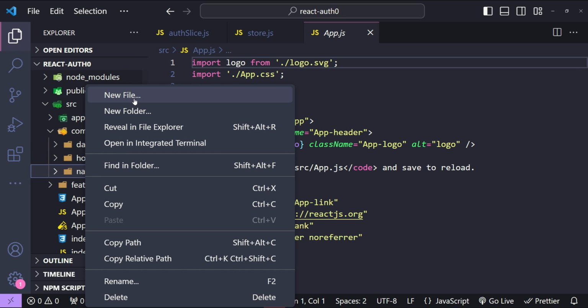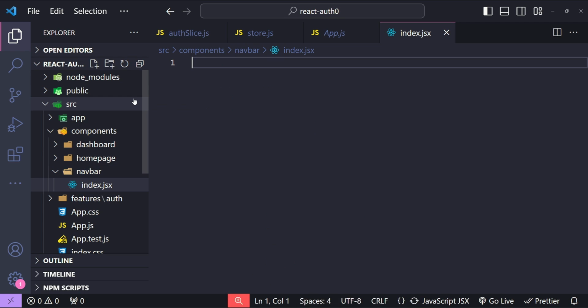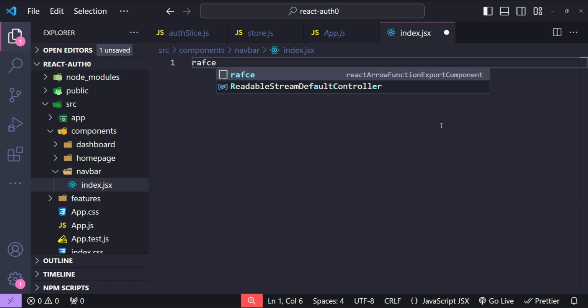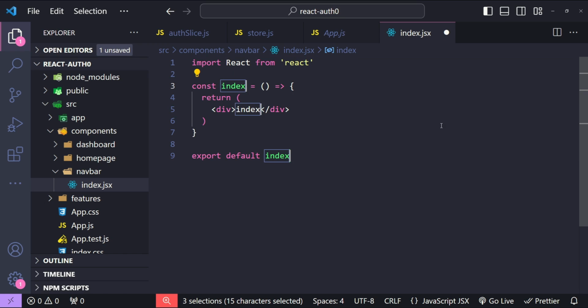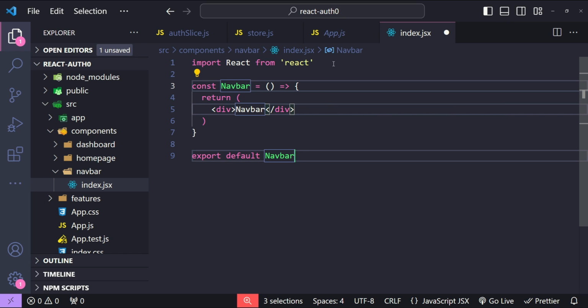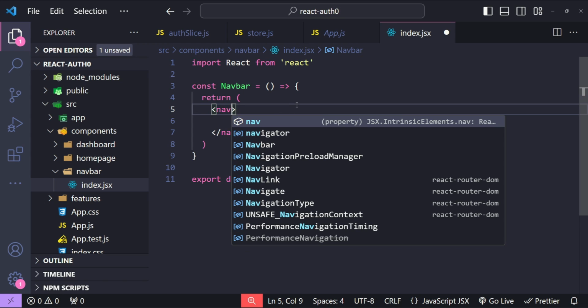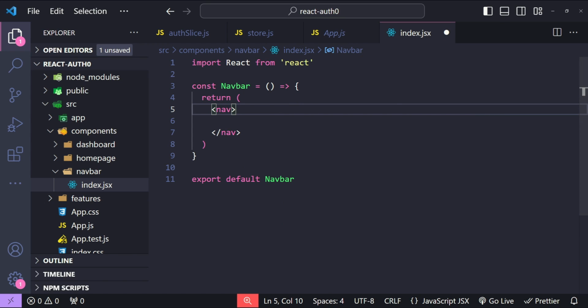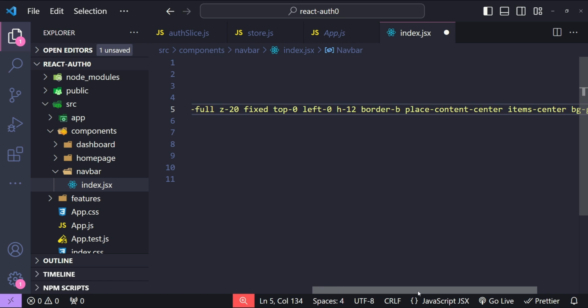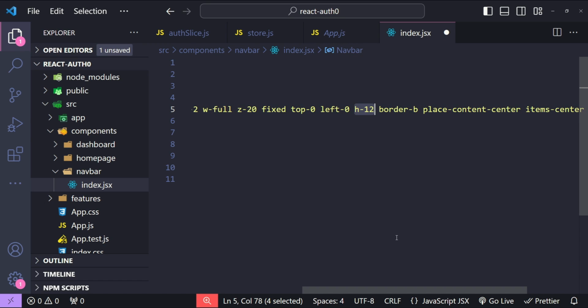So in the navbar I will create a new file with the name index.jsx. So let's use the shortcut to add the boilerplate component. So Navbar, and in the navbar we are just going to display either the login register button or the logout button, and they will be displayed based on whether the user is authenticated or not, and the parent element that we will be returning is going to be the nav element. Now I'm just going to set a bunch of Tailwind's utility classes to style our navbar. So this is going to be a fixed navbar at the top with the height of 12 points with some